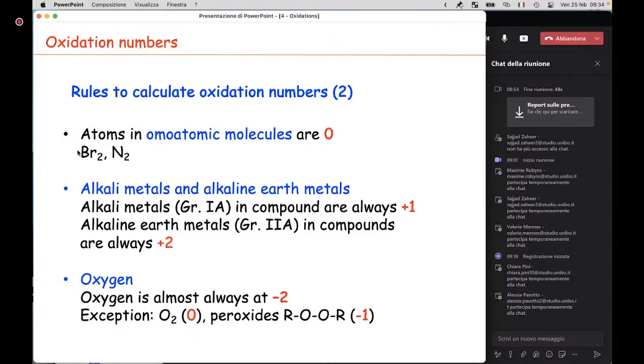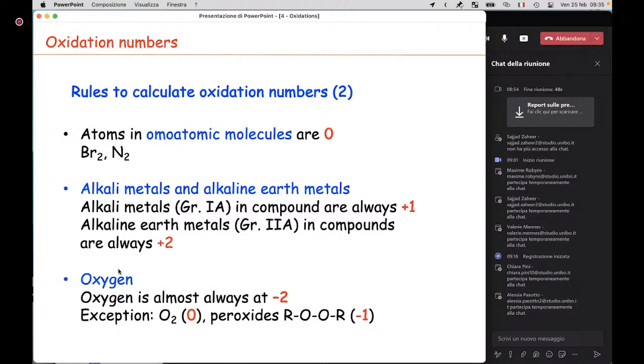And this is true for any homoatomic molecules that don't have a charge. I have already also recalled that alkali metals,